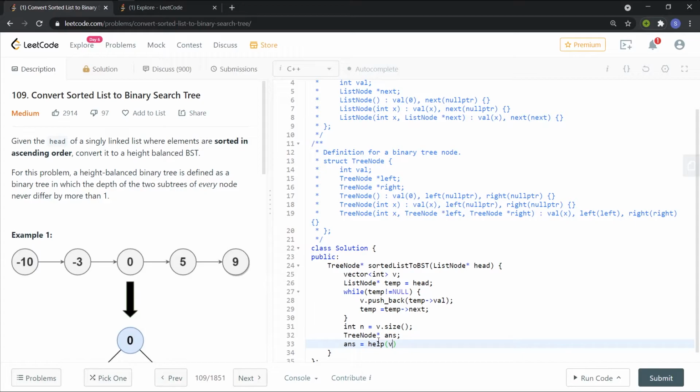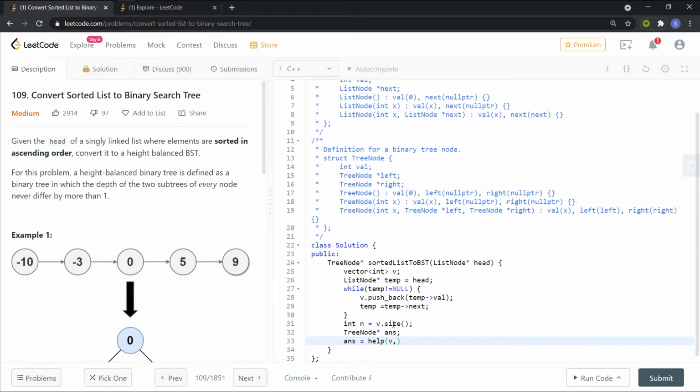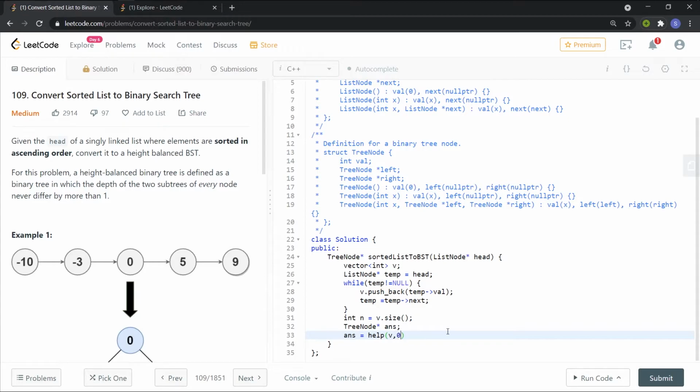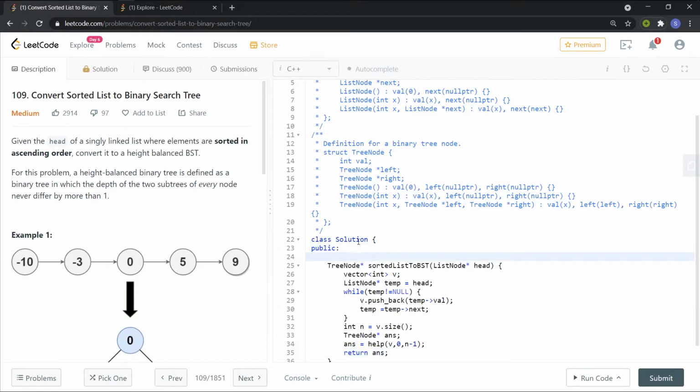In that, I'll be passing the vector in which all the sorted values are there. Then I'll be passing the left index and the right index. The left index is going to be 0 initially, and the right index will be n minus 1 based on 0 based indexing, and we'll be returning the answer. So that's it. Now let's see how help will be implemented. The return type of help is tree node. So let's do it.